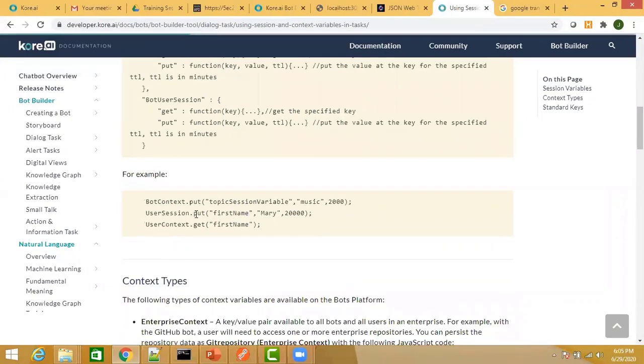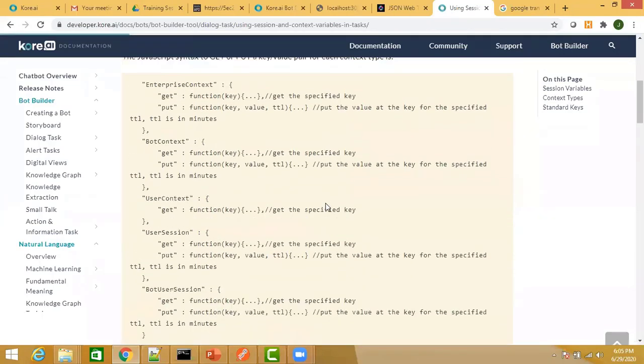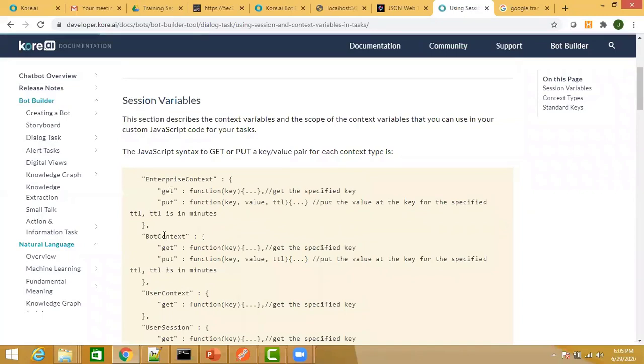Okay, so you can store some information in this way: the name of the context dot put, followed by the name of a variable, the value to be stored, and the minutes to persist that data, how long you want that data to be stored. By default, whatever is stored in the enterprise context and the bot context remains as it is. They are permanent in nature.